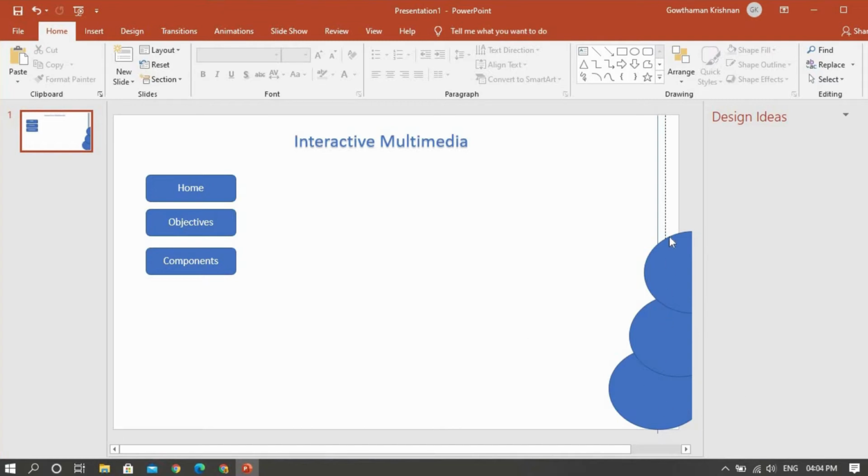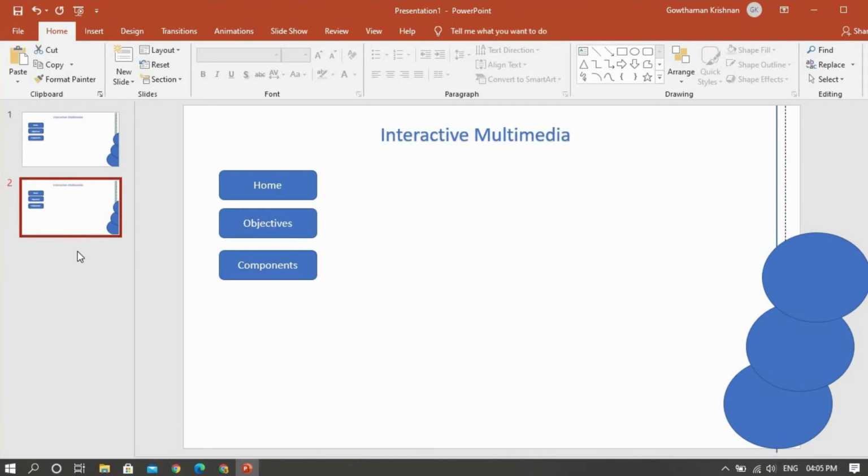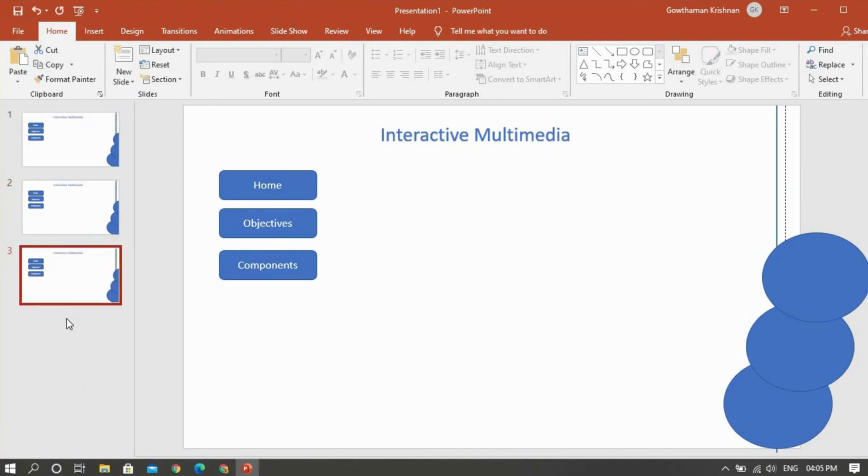Once I click a new slide, the same will come to you. So however many slides you create, all slides will have the buttons, the title and the design part. So this is a basic background creation for the interactive multimedia.